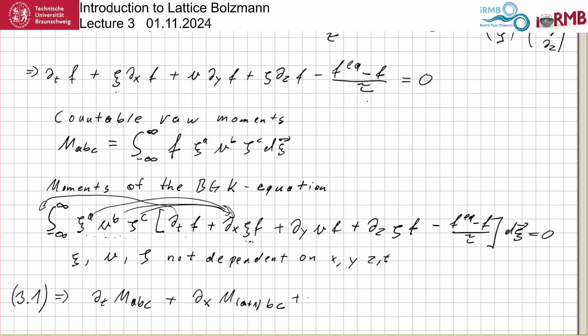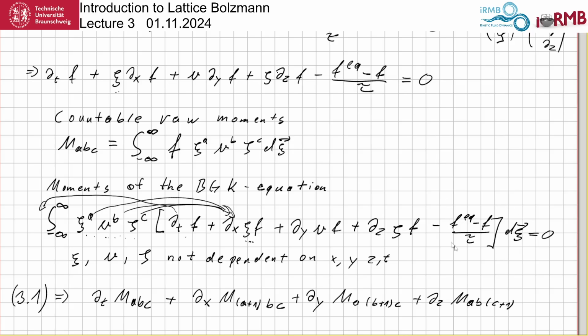And then all of this happens for the other guys too, yeah? So for the one in upsilon, we have m_a(b+1)c, and lastly we have d_z m_ab(c+1),